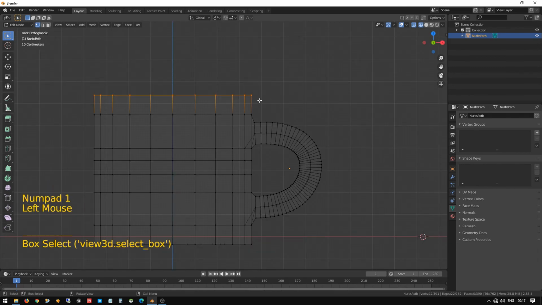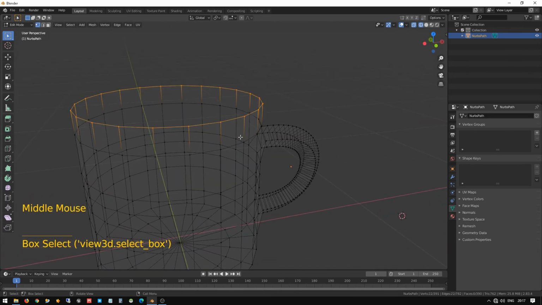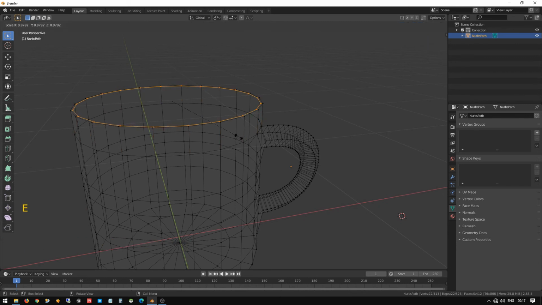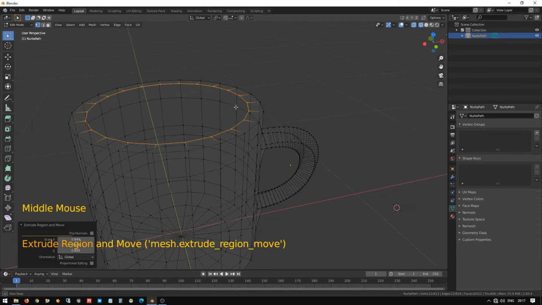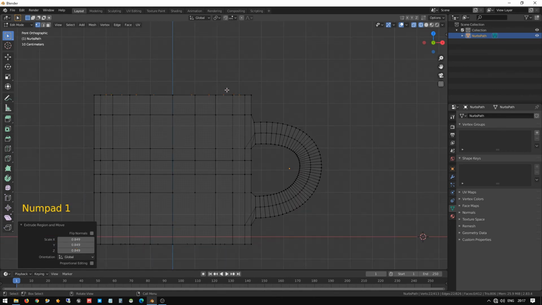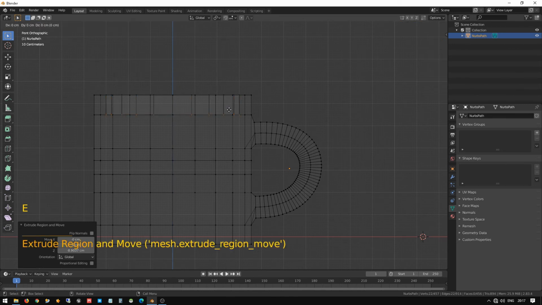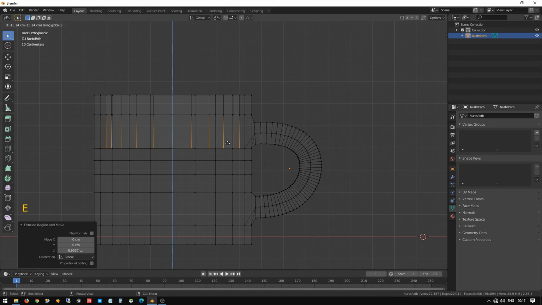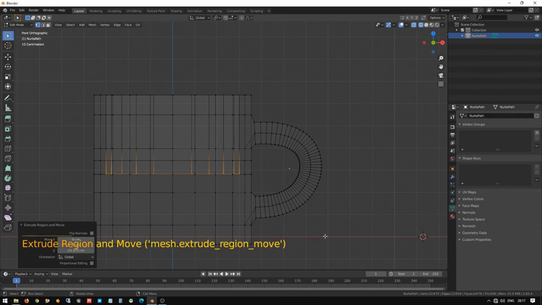So let me show you clearly once more. After selecting, you can see it from the top view, so it will be easy to view. I press extrude and scale, and you can see it's scaling in between. So you have to press extrude and scale. It will create one more layer on top of that. Then I press again, go to the front view, press extrude and the Z key to make the vertices a little bit down. I do the same again, and again.